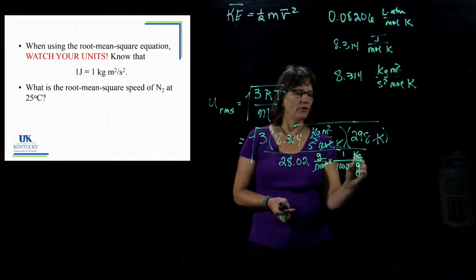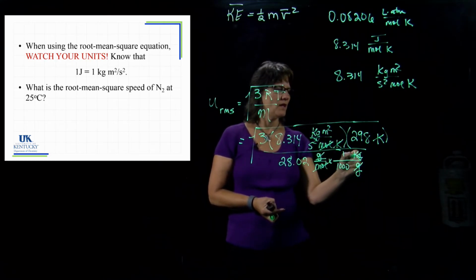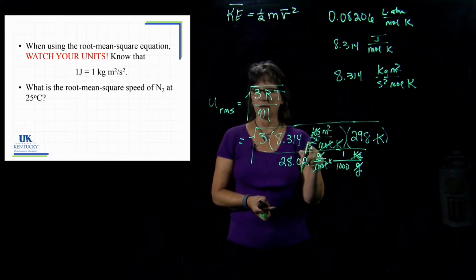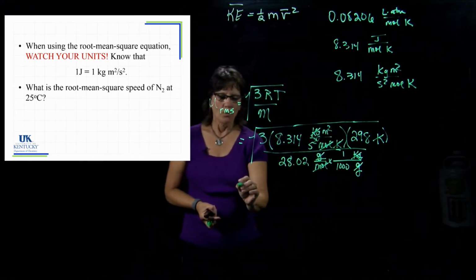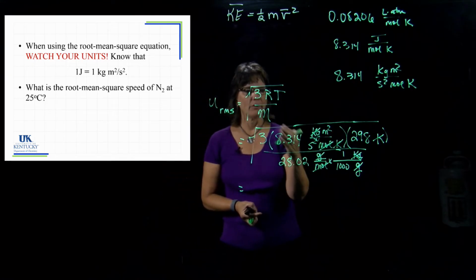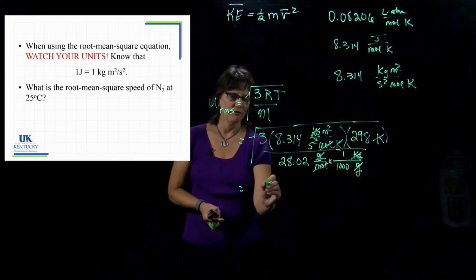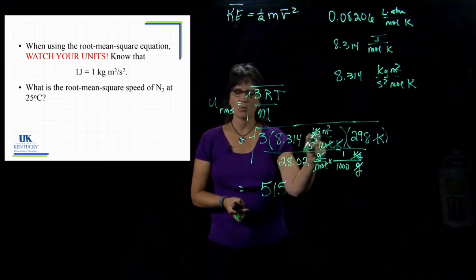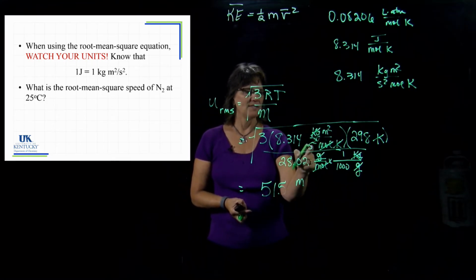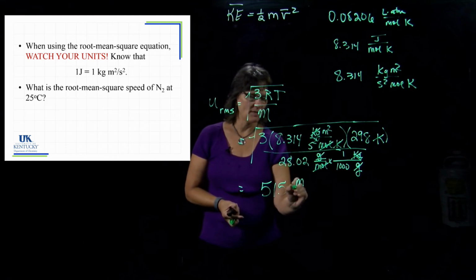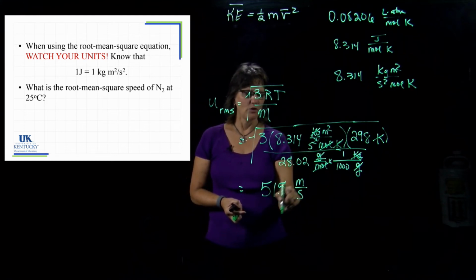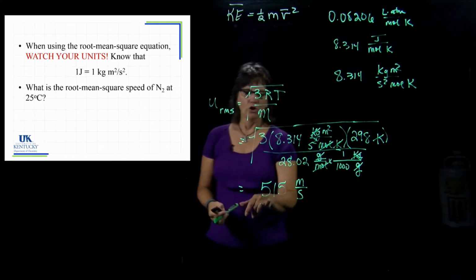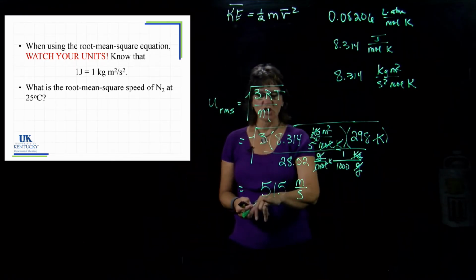So now the grams are canceling, the kilograms are canceling, and we're left with meters squared over seconds squared. When we take all of this and put it in our calculator and take the square root of it, we get 515. And if it's meters squared and you take the square root of that, you have meters. If it's seconds squared and you take the square root of that, you have seconds, and that's a speed, 515 meters per second. So in 1 second time, a molecule of nitrogen on average will travel